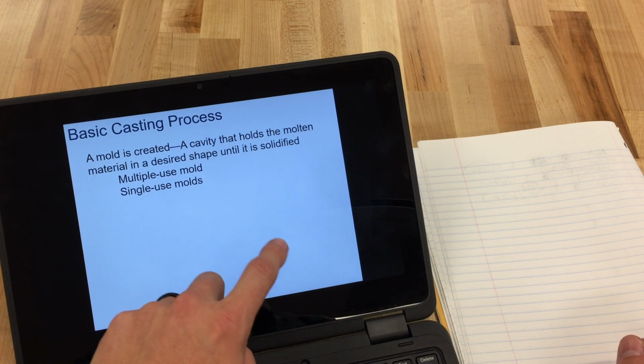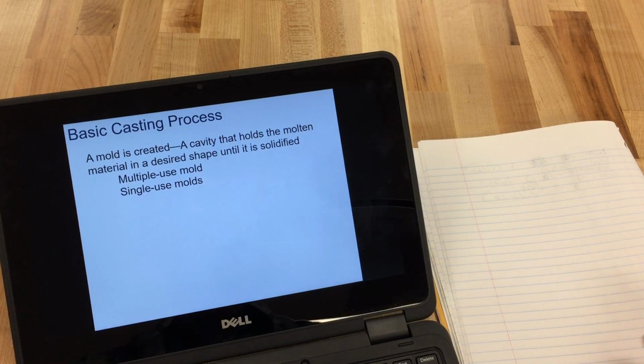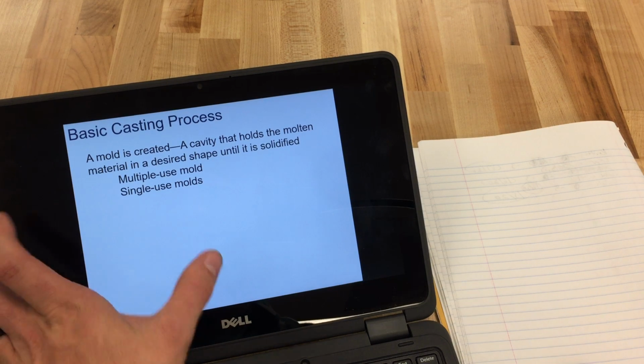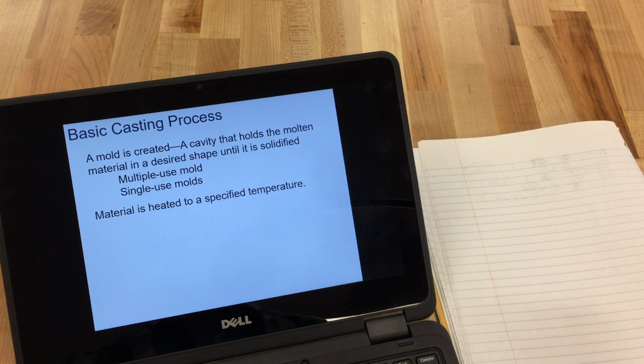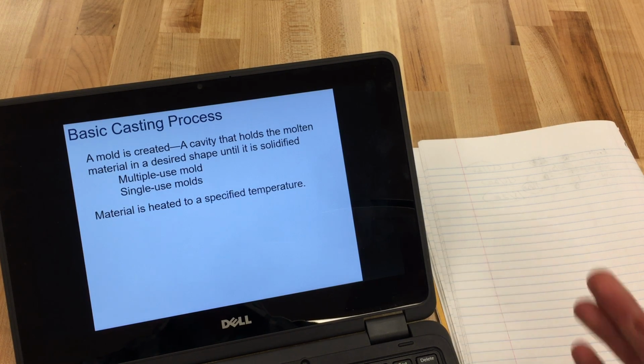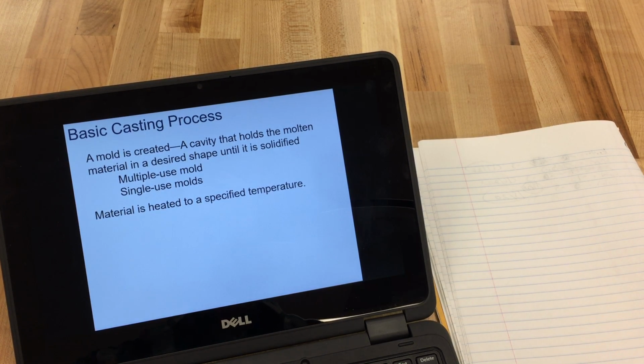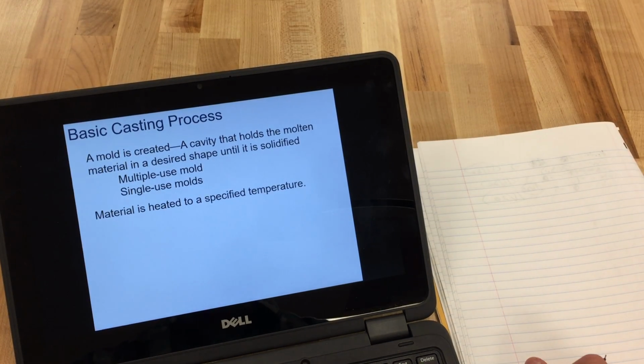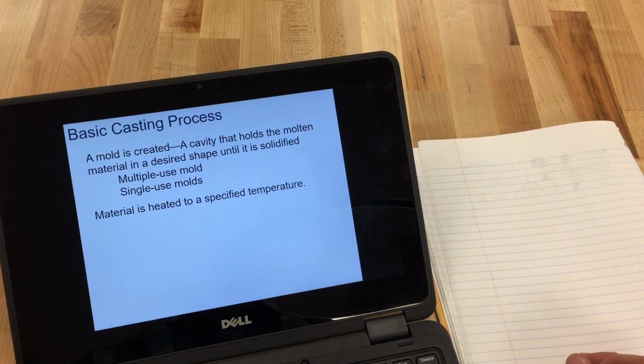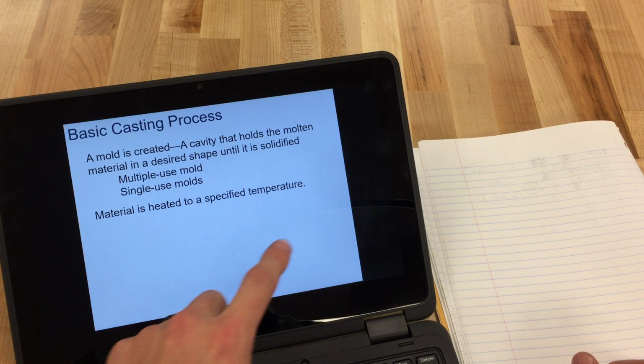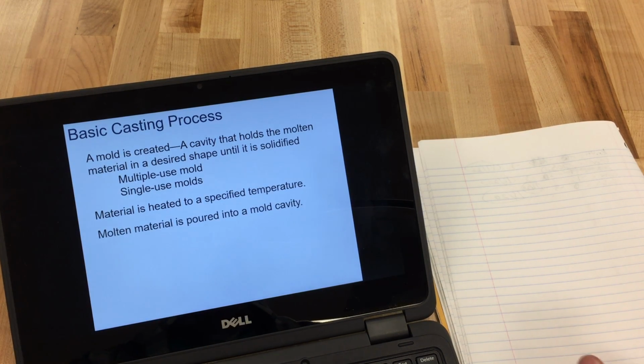Basic casting, so a mold is created. We then fill that with molten material until it solidifies. You have multiple use molds and you have single use molds. Multiple use molds would be something for like injection molding, whereas single use molds could be like I could create a single use mold with my 3D printer. And then afterwards it would not be used. So material is heated to a specified temperature, and